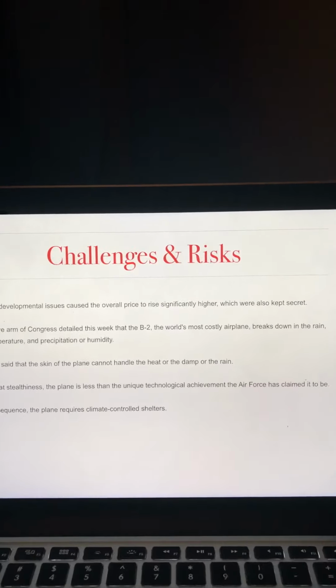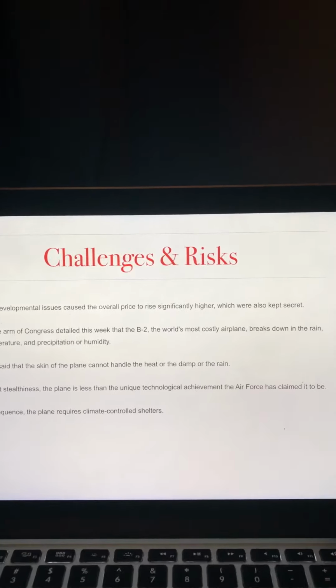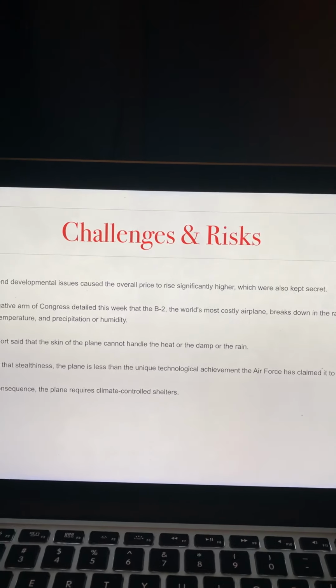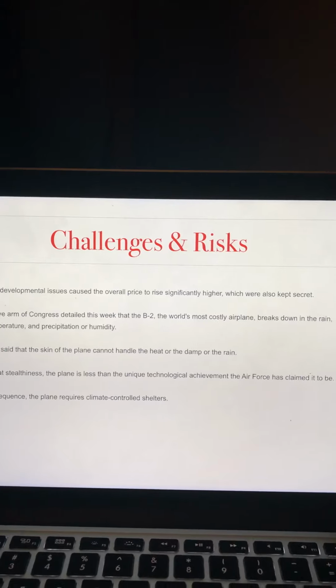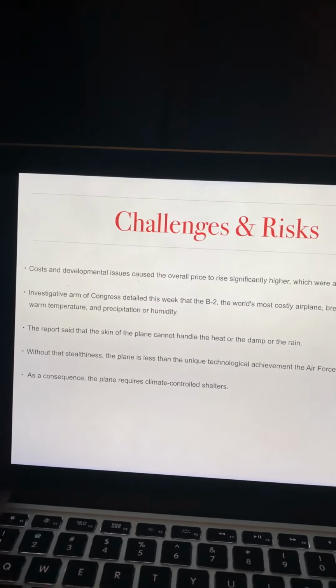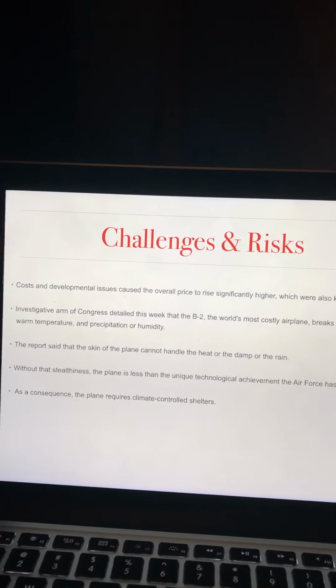So the cost and developmental issues caused the overall price to rise significantly higher, which were also kept a secret, and not much information or reports are found about that. So the investigative arm of Congress detailed this that week